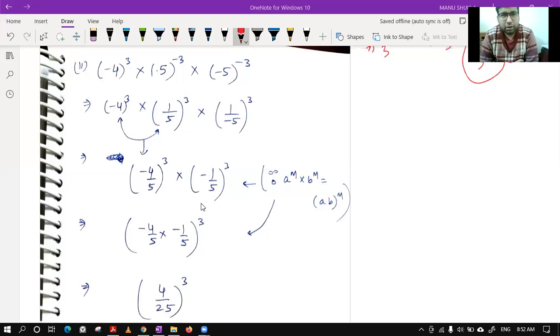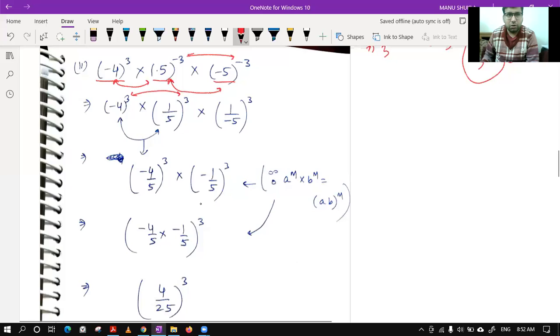Now see, the second part is again a simple one. You can see you have minus 4 power 3, 5 power minus 3, and minus 5 power minus 3. So right now you can do only one thing in this or in this, which is that I have done this one. I have tried to make these two powers same. If you want, you can go with these two also. It depends on you which way you want.